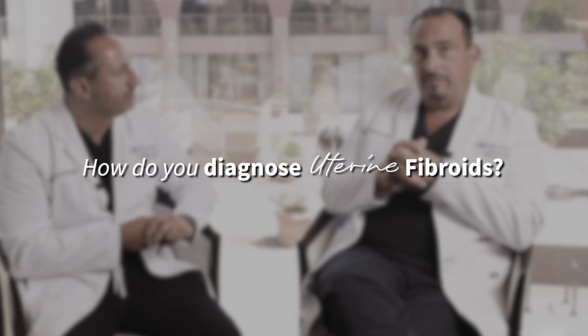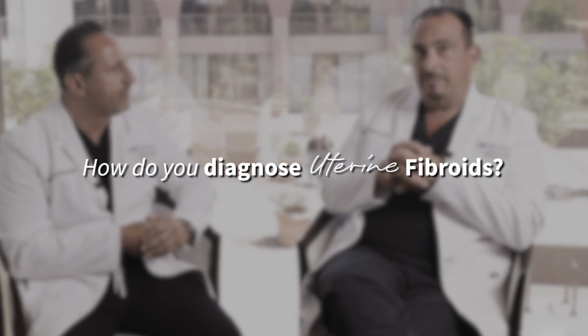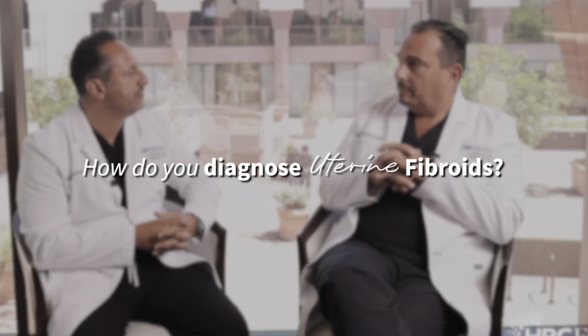How do you diagnose these? What imaging procedures do you use? What diagnostic procedures do you use to make this diagnosis and then subsequently counsel your patient on essentially leaving them alone or getting involved with some kind of a surgical removal? Just really talking about the submucosal myomas, or the ones inside the cavity, there's really three big techniques that we use to identify if they're impairing the inside of the cavity.